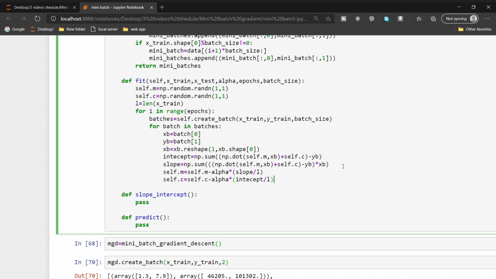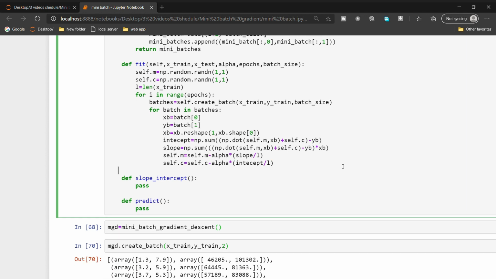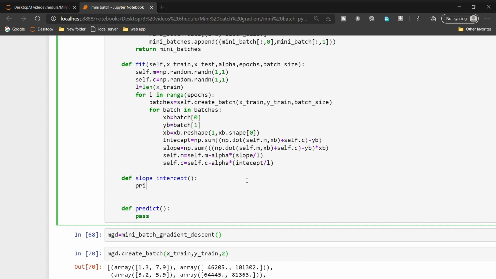Now next we need to fill this remaining function also. Removing pass, print f slope is self.m[0], and again we need to open another inside, because this is an inside list.